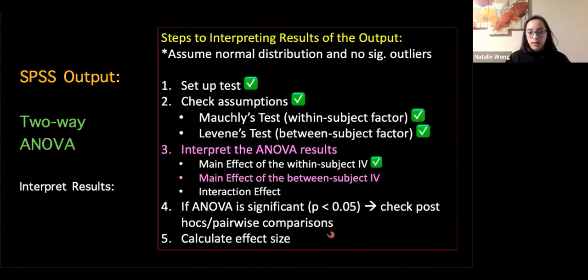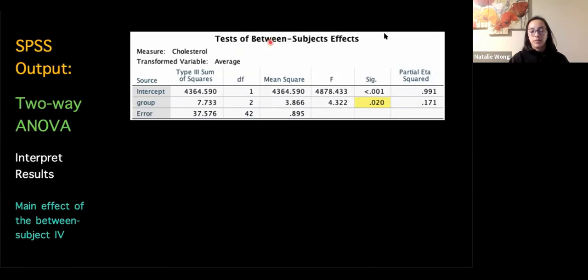Then we would check our between subject effect independent variable. So the within subject factor is in the test of within subjects effects table. The between subject factor is going to be in the test of between subjects effects table. Group is how we worded the exercise intervention, or the different intensities. So in this example, we've got a p-value of